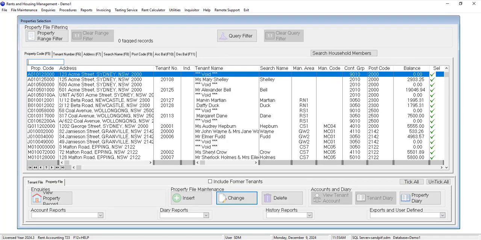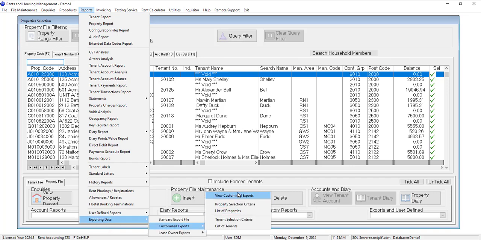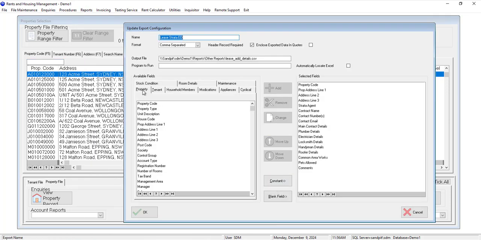Data held in extended data can also be included in customized exports or as a filter in generating reports. In the case of customized exports, the extended data fields are available to export. So let me show you one here that I've created previously. If we look here on the property and the available fields, if you just keep on scrolling down, you'll get to a point where it's denoted here by a bit of a page break where it says extended data. And because I'm on the property file, this is all the property related extended data, and you may use this information from here to populate into